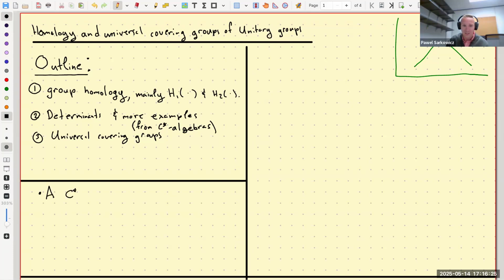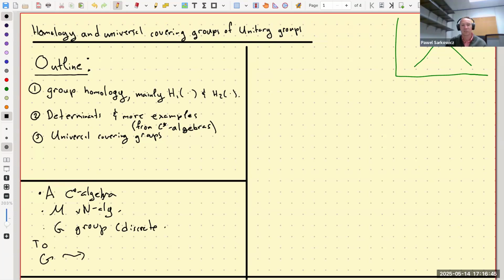Usually A will be a C-star algebra, just to lay down some foundations. M will be a von Neumann algebra. G will be a group, and it'll be discrete. Okay, so to a group G, we can actually associate some